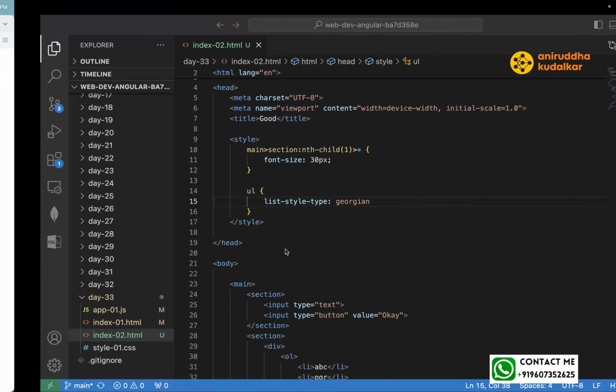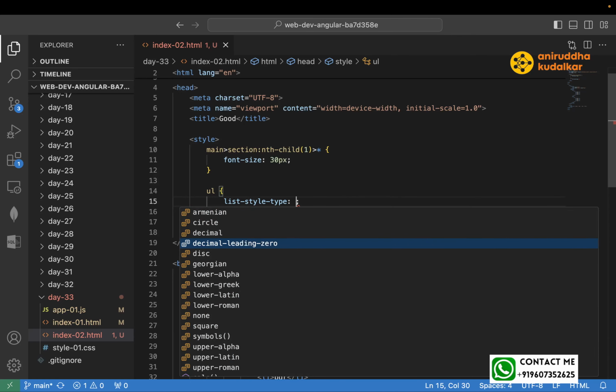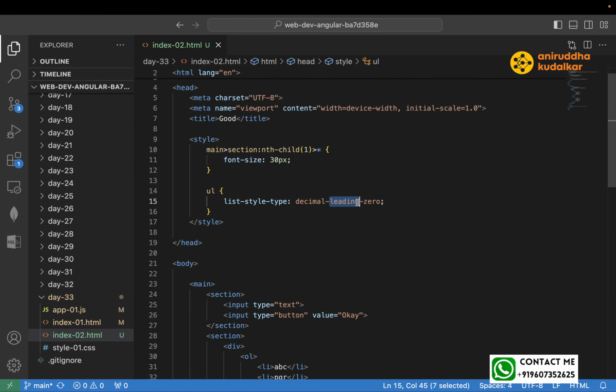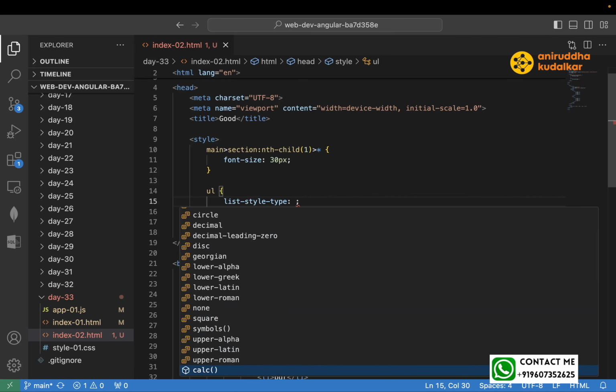Can you see? You can do a lot of things. Decimal leading zero. See now? 0, 1 like this. And a lot of things you can do. Right? Symbols, squares, upper alpha, upper Roman,